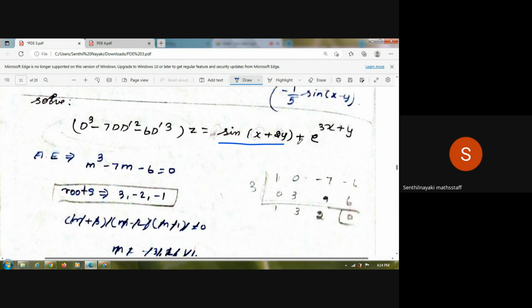So here there are two terms on the right hand side. So we have to find out the particular integral for the first term and for e power (3x plus y). We have to find out the particular integral